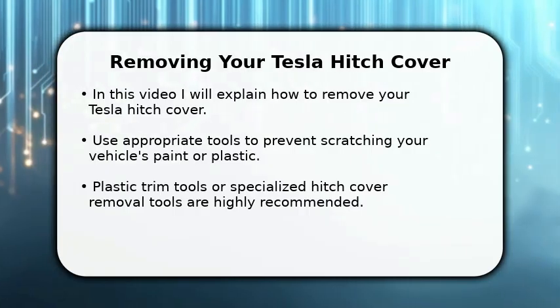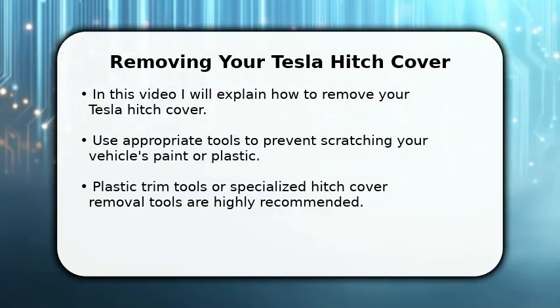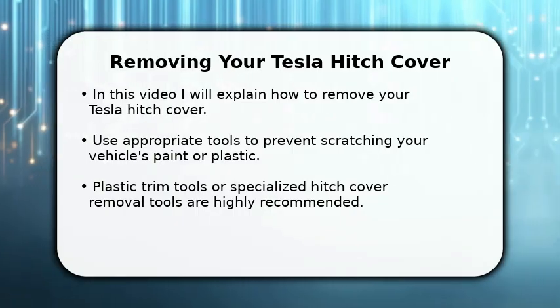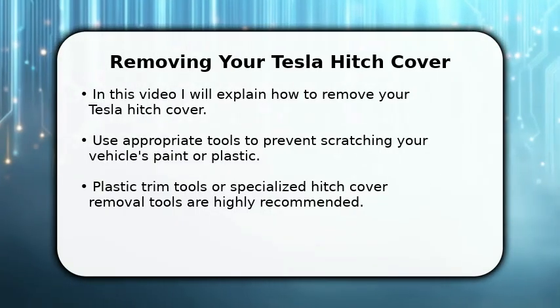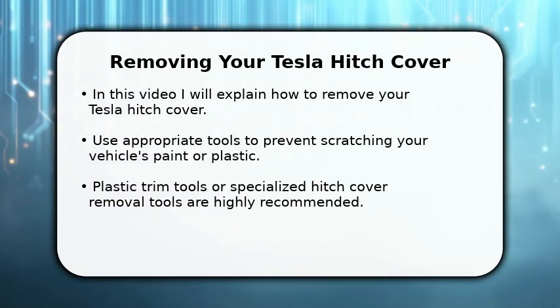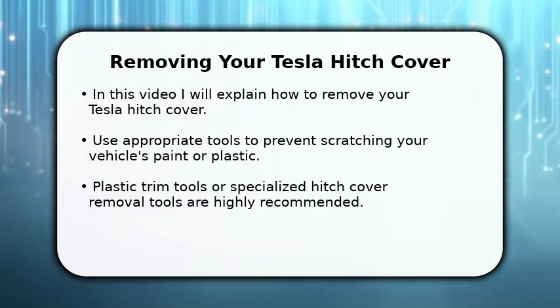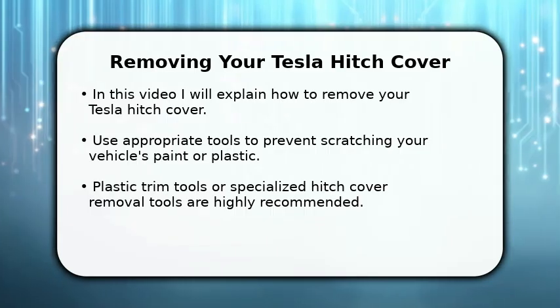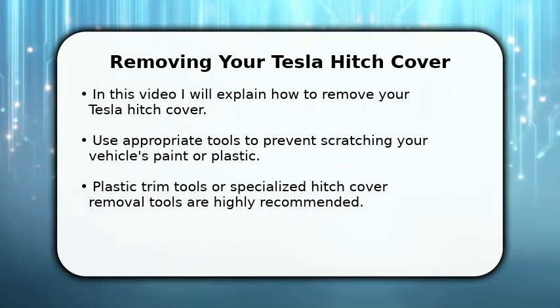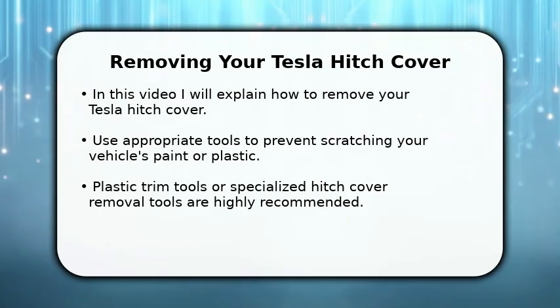Hello everyone. In this video, I will explain how to safely remove your Tesla hitch cover. It's a straightforward process, but using the right tools is key to avoiding any damage. We'll focus on using plastic trim tools or specialized removal tools, as these are designed to protect your vehicle's finish. Metal objects like a flathead screwdriver can easily scratch the delicate plastic, so it's best to keep those away from